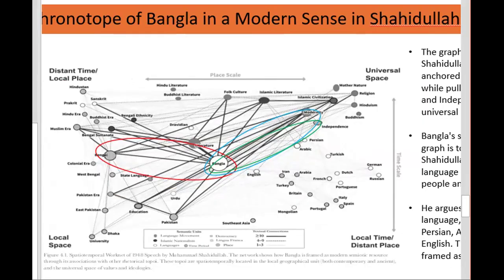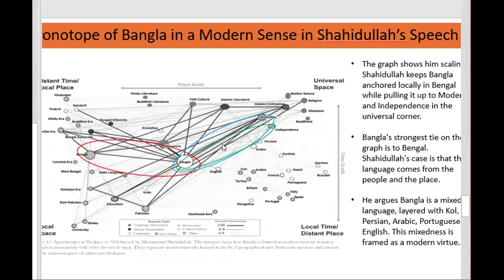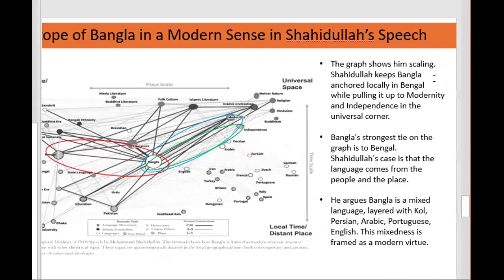Shahidullah, and his entire argument, this visuality makes clear, is that the speaker keeps Bangla anchored locally throughout, and this happens again and again from the Bangla language movement corpus, not from the Pakistan corpus. The Urdu corpus does a different move. But the speeches from the language movement, specifically from the experts, are always anchoring it in the local space, in the region,